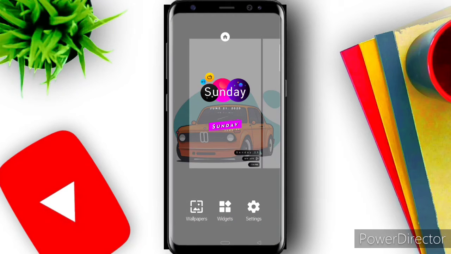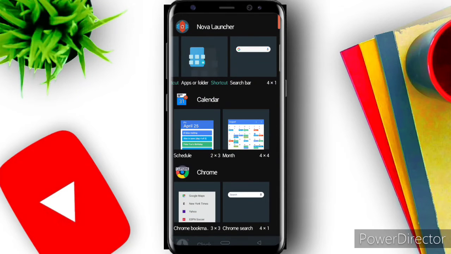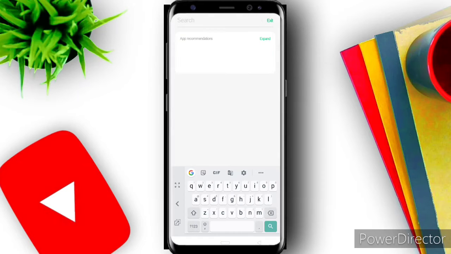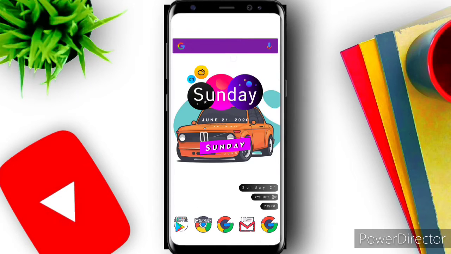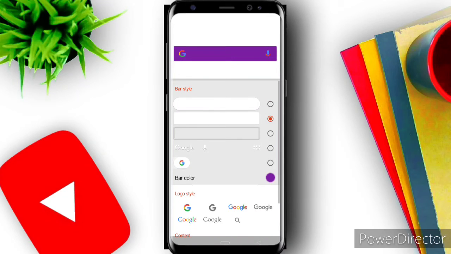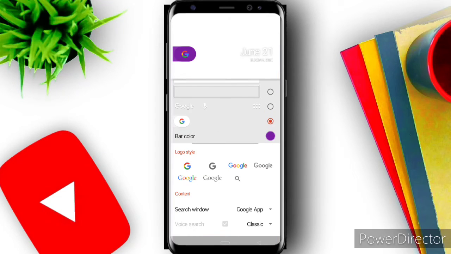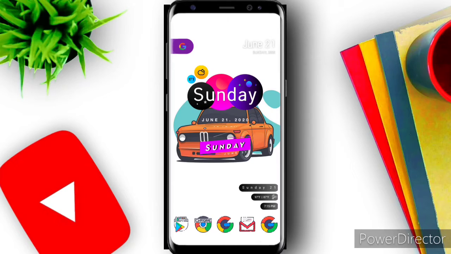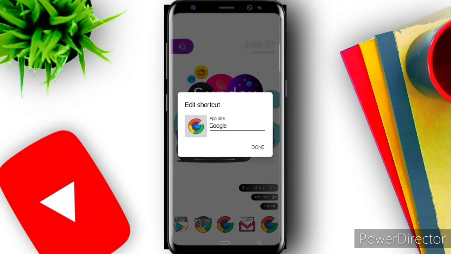Then tap on widgets, select the search bar 4:1 Nova Launcher, then customize the bar style, then bar logo and content, then click on logo,